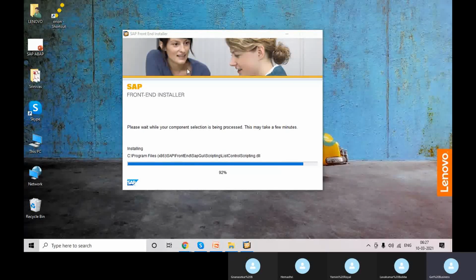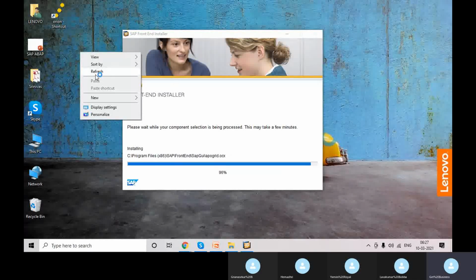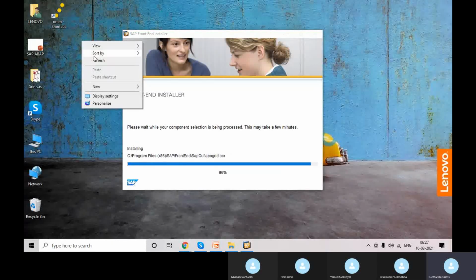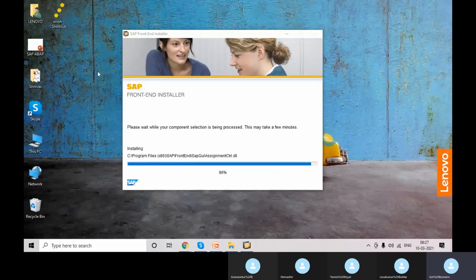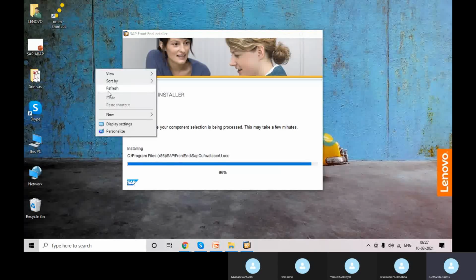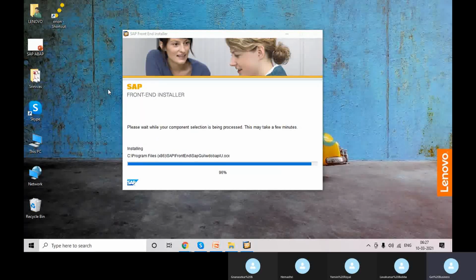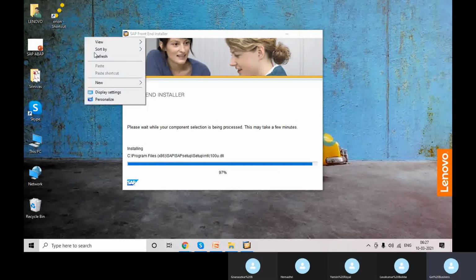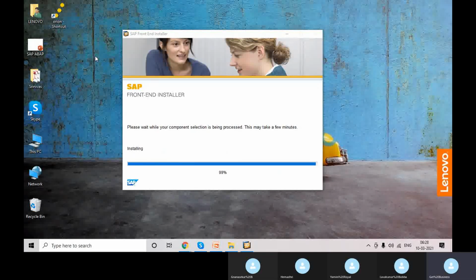We are almost reaching 92%. 96% we completed. Once it is completed, we can see the icons on my screen. Now you can see 99%. You can see these two icons here.